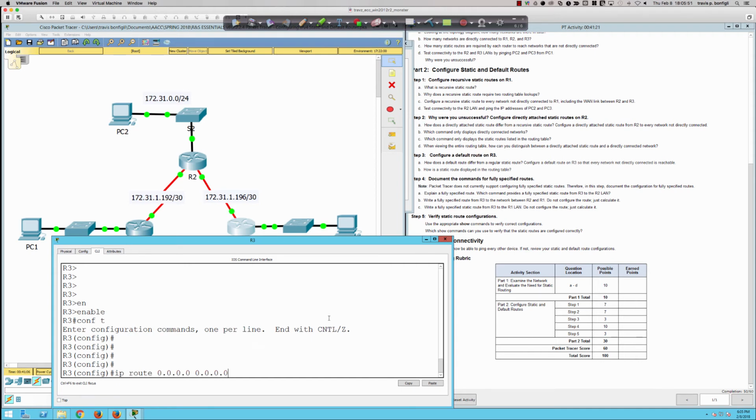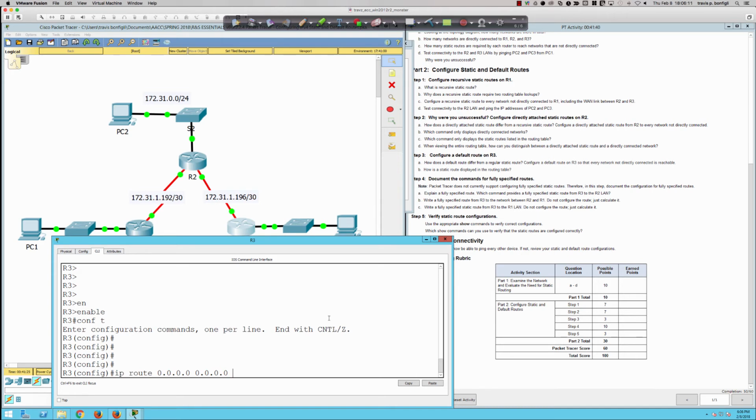the default network, right? Or the default gateway. Think of it as the default gateway, and this is why it's referred to. You'll hear this referred to as the quad zeros. It's just 0.0.0.0 0.0.0.0, right? And that basically says